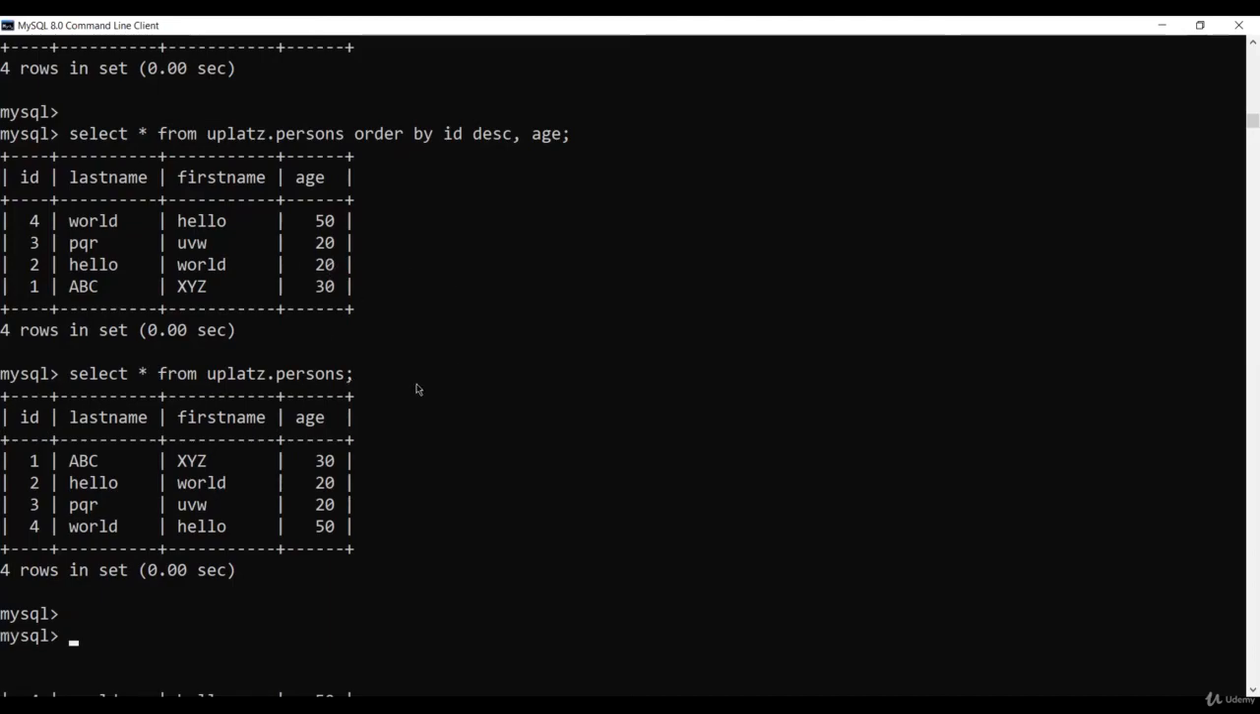So if you want to order by different columns or multiple columns, you can definitely do it. Now, let's say this was not much of a difference since ID is a primary column. We'll try to look at it in a different way. We'll select from the same table, uplads.persons, and we will order it by age in an ascending format and ID in descending